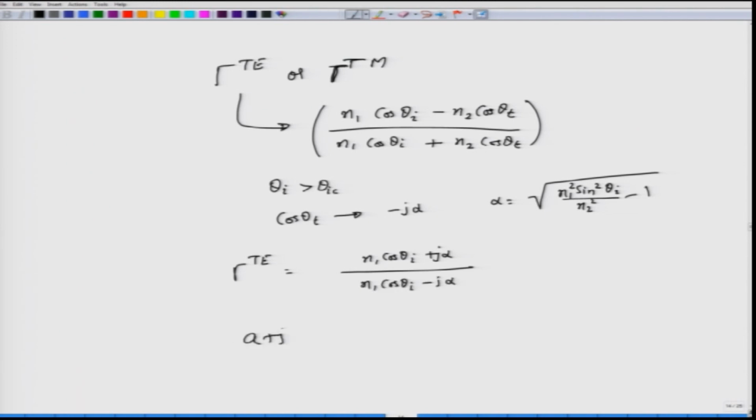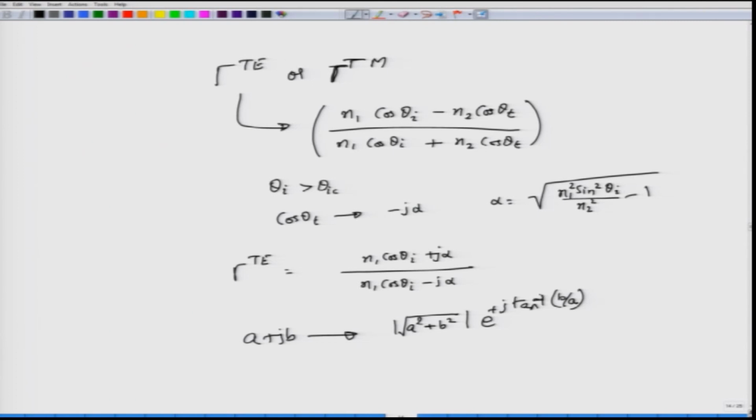If I have A plus jB, the corresponding polar form will be the magnitude, which is the square root of A square plus B square, times the phase, which is e to the power of plus j tan inverse of B by A. I am assuming certain things about B and A, that they will be positive, and therefore, you do not really need to worry about which quadrant or add a certain pi or something like that.